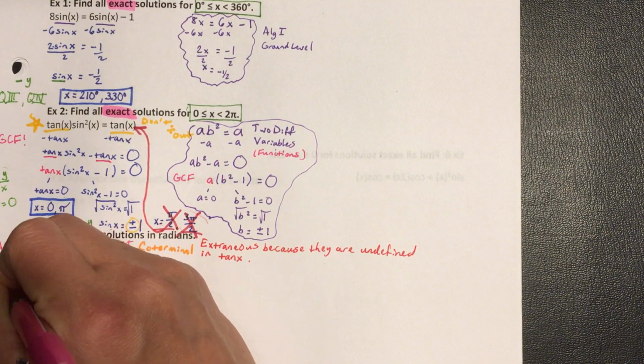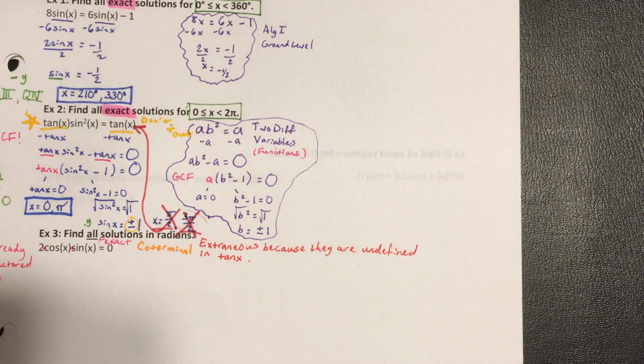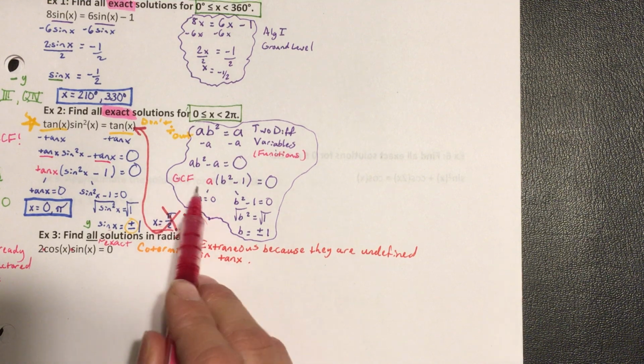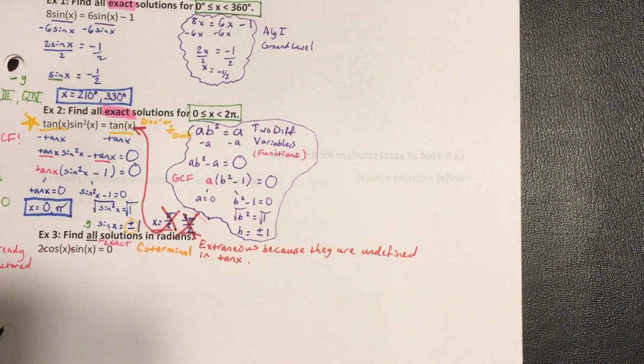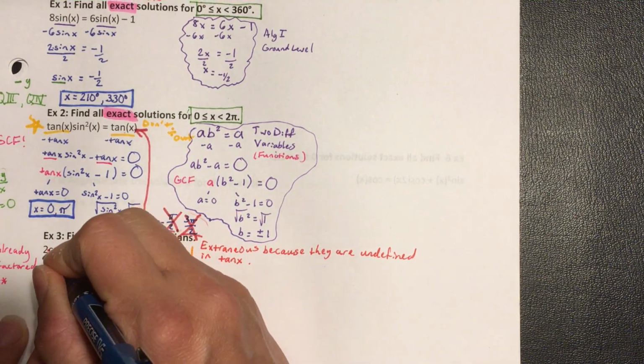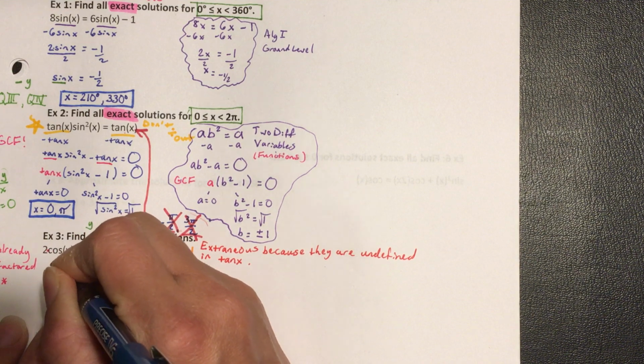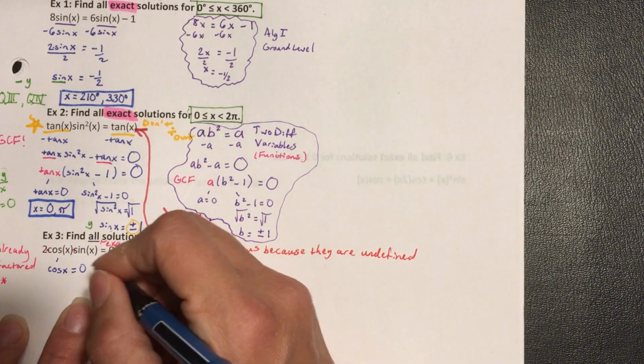All of these items are already joined by multiplication, so I don't need to take out a GCF or do any manipulation to it. This is already in factored form. If I have 2 times something times another something equals 0, that means one of those somethings has to be equal to 0. So either cosine x equals 0 or